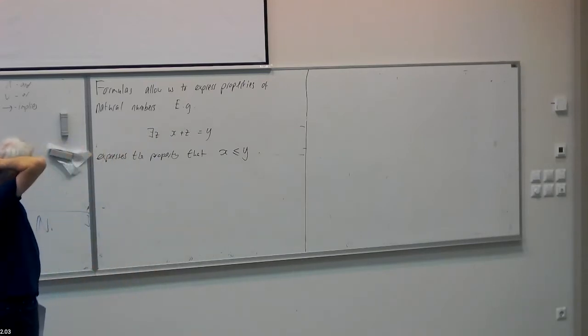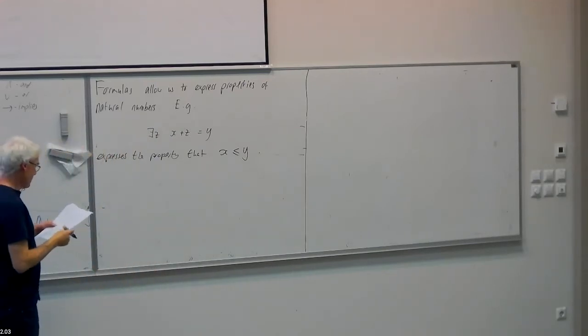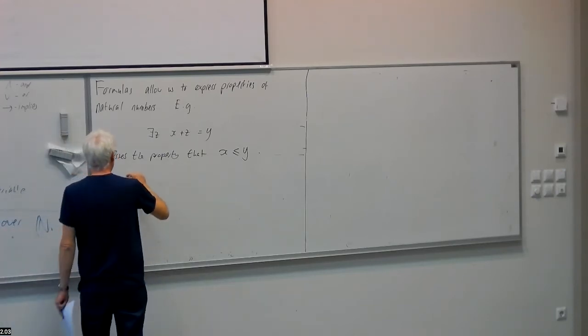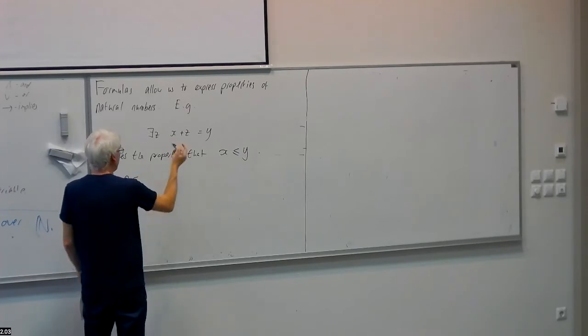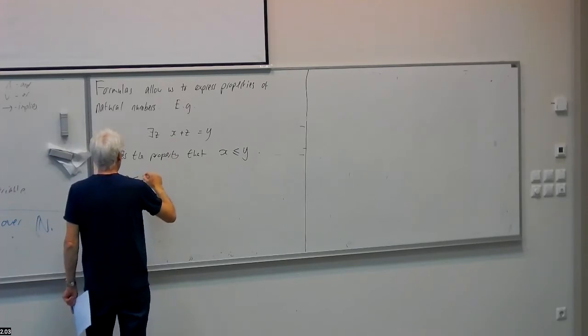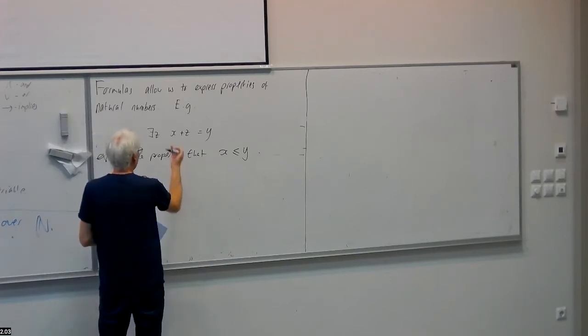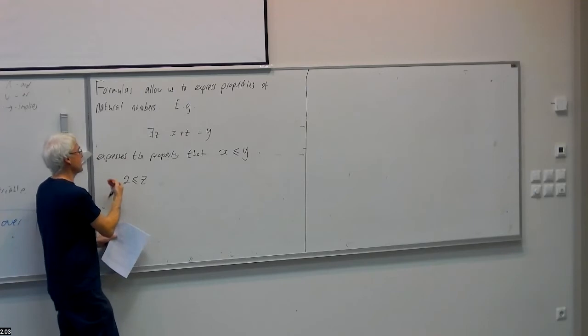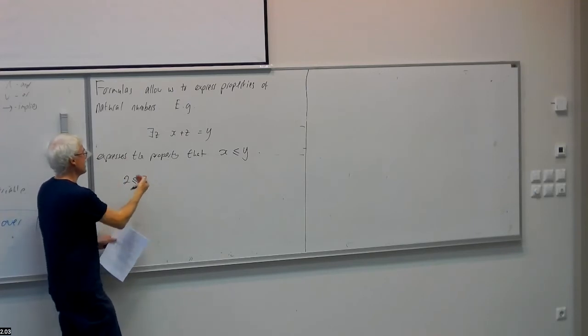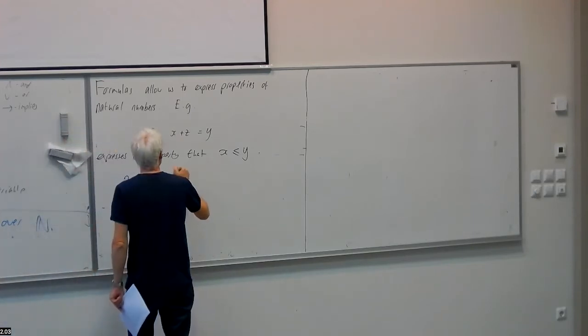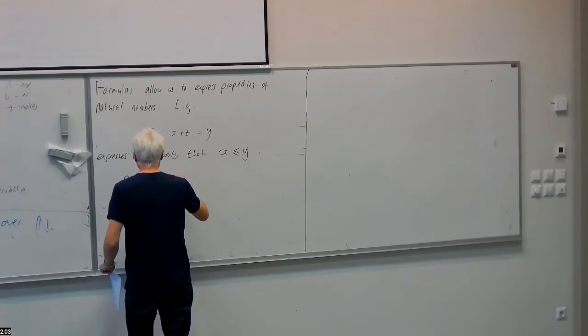Expressing the property that x is less than or equal to y. Okay, so let's do something a bit more interesting. Now that we've got less than or equal to, we can use the formula for it in the case of 2. Let's say 2 is less than or equal to z, so that there exists a w such that 2 plus w equals z. I'm just writing shorthand. Obviously, it doesn't matter what names we call variables. The 2 is less than or equal to z, and